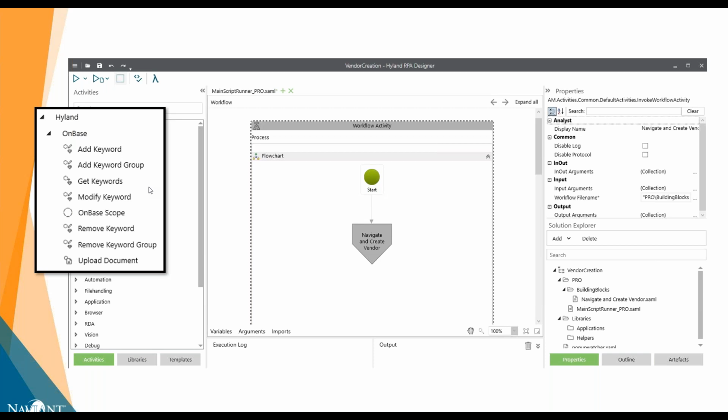Imagine having a bot monitoring mailboxes, Dropbox sites, file folders, etc., and then automatically adding that content to OnBase so that people can consume it or so that workflows can be initiated. It's pretty amazing how much we can accomplish with just a few basic commands.